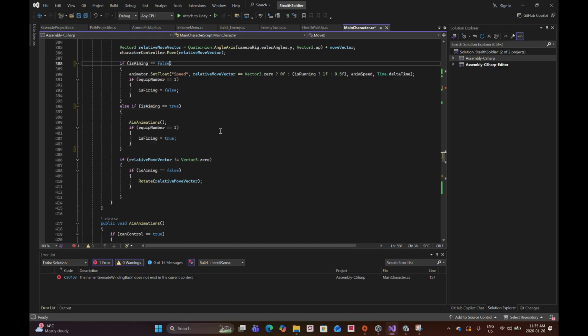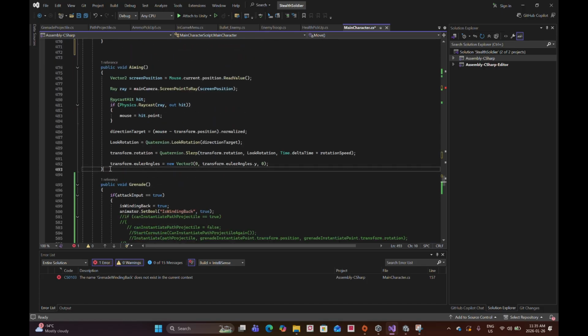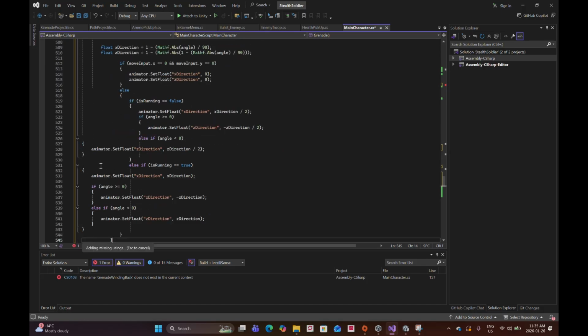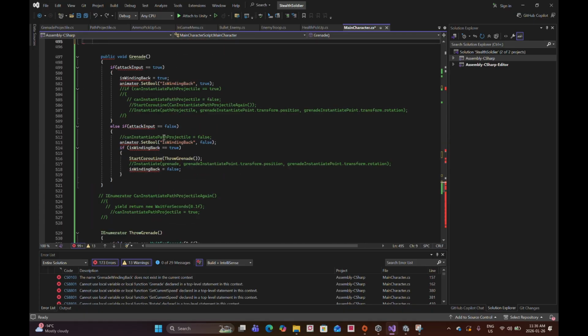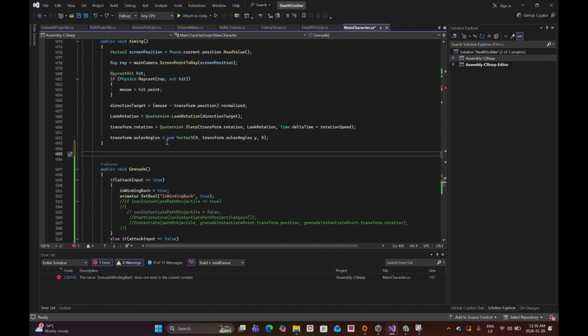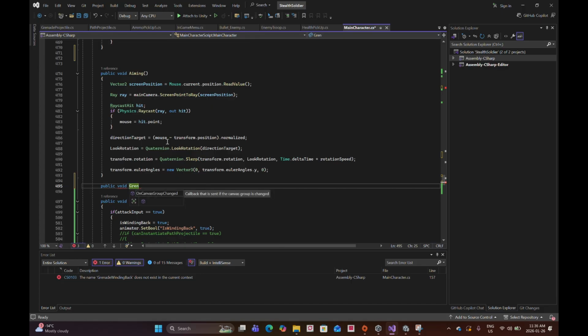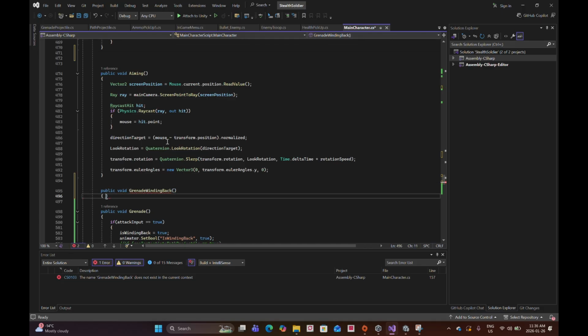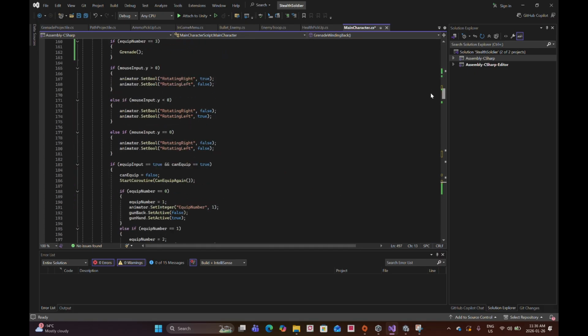And instead, I'm going below the aim, public void aiming, and I'm creating the, whoops, I made a mistake there. I mistakenly pasted all that stuff. So I go public void GrenadeWindingBack. So this is if equip is number 3 and the left mouse button is pressed to have him in wind back mode. And if that is true,